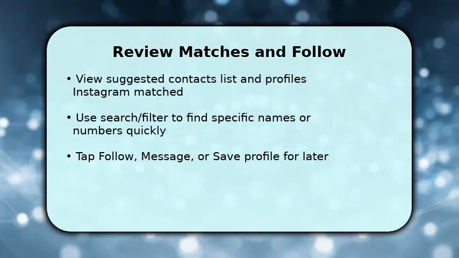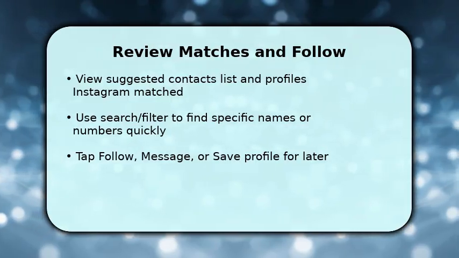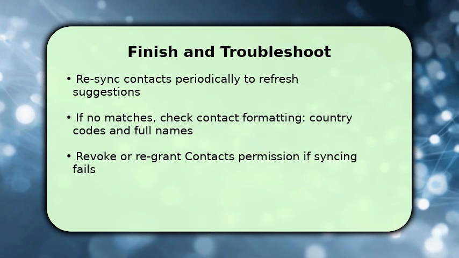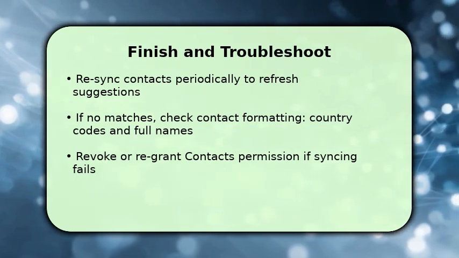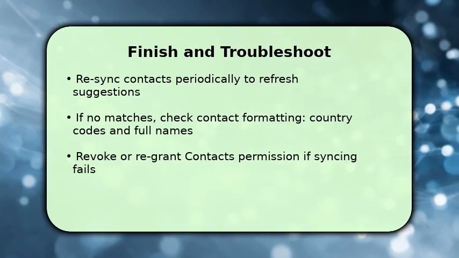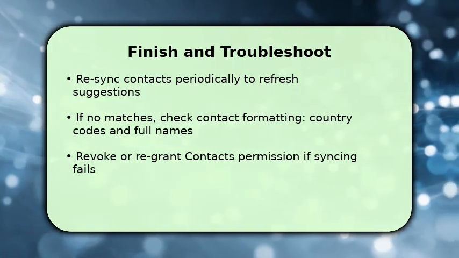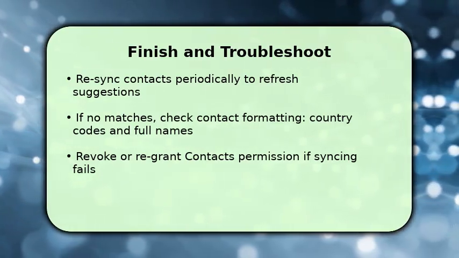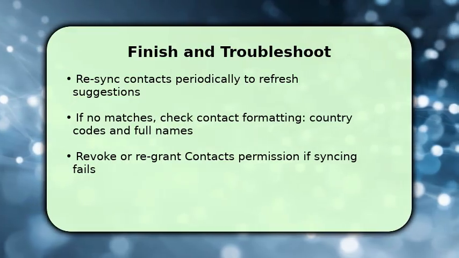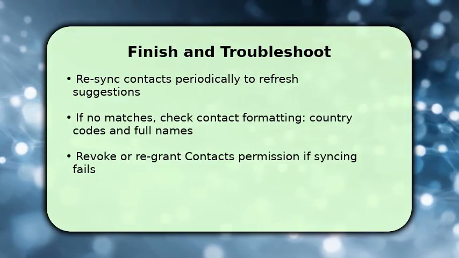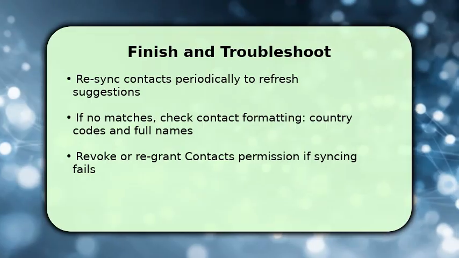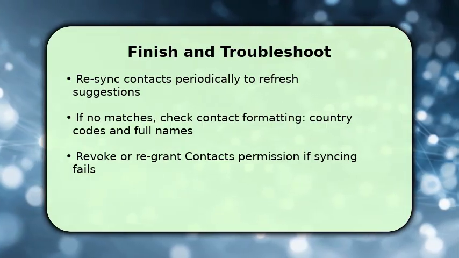To complete the process, resync contacts after following or inviting people so Instagram updates suggestions and removes duplicates. Make sure to tidy phone numbers. Add country codes and full names to improve matching accuracy. Inconsistent formats cause misses. If suggestions never appear, go back to your device settings and revoke, then regrant contacts permission